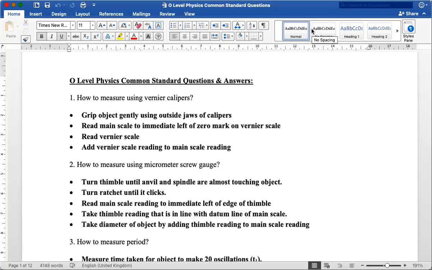Good evening, everyone. I'm here to share a simple document on some standard questions asked in the GCE O-Level Physics